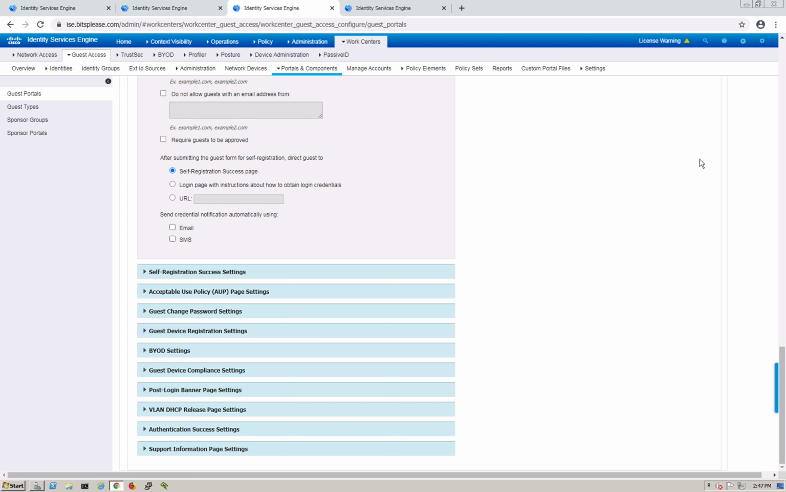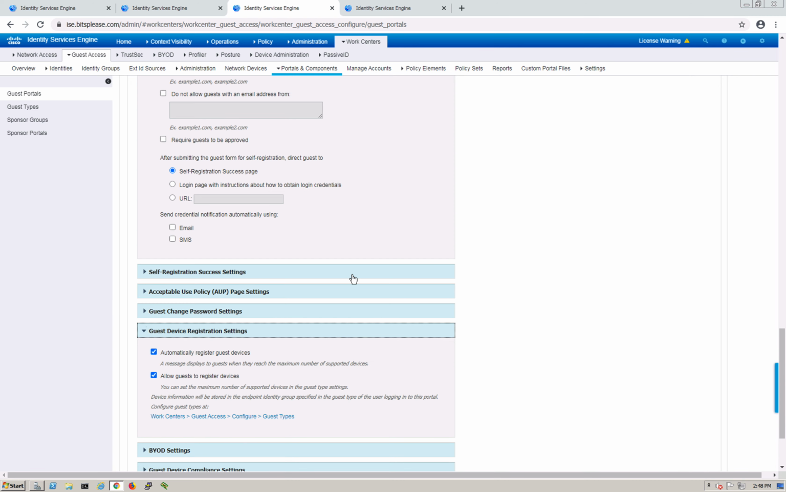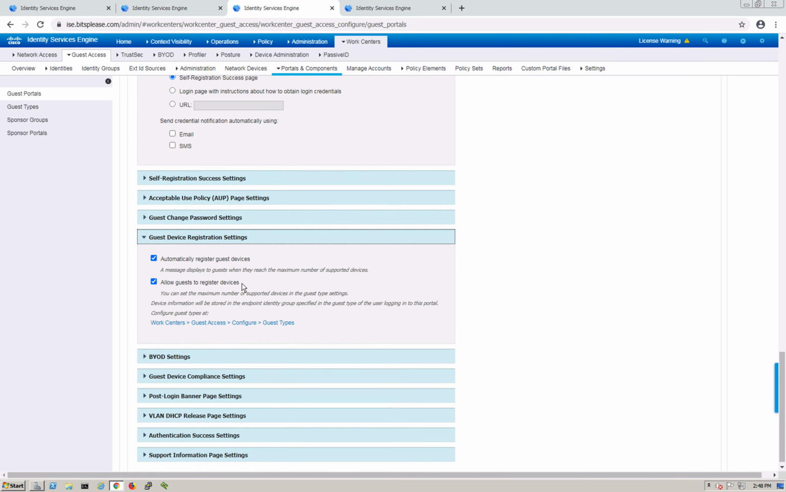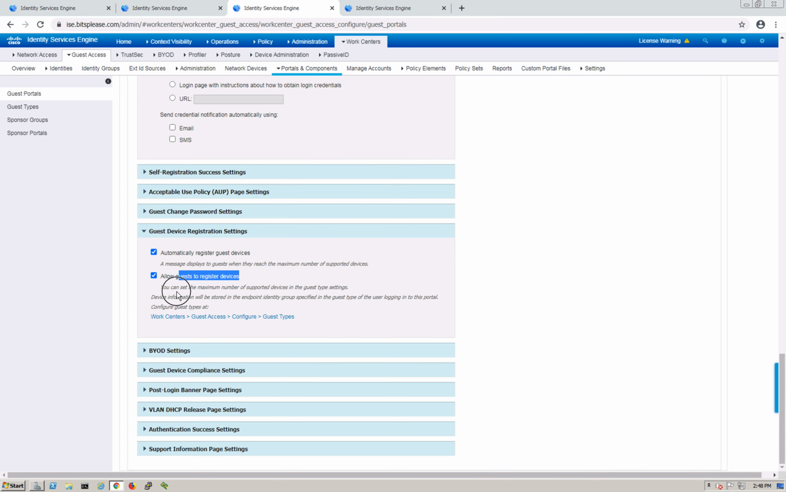What else? Guest device registration, where is that? Okay, here. Let's look at that. This is the interesting piece. Automatically register guest devices, because it's self-registration. And allow guests to register extra devices as well. This is another interesting piece. If the guests want to register another device, let's say they have a printer,